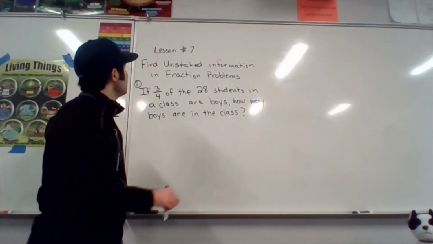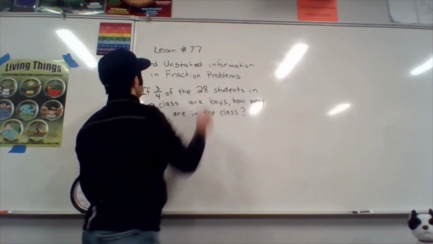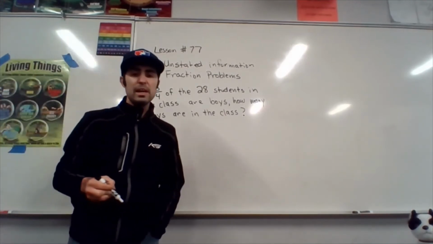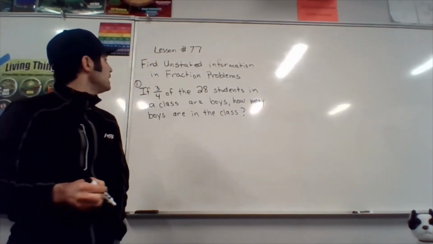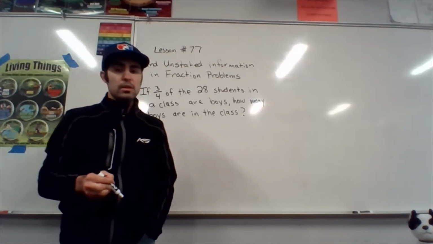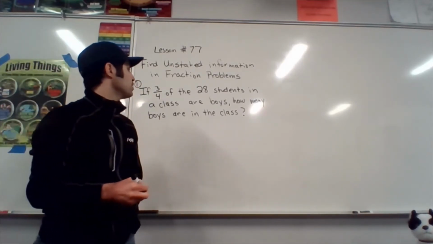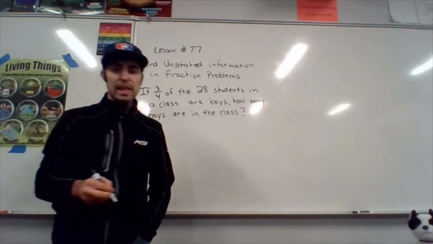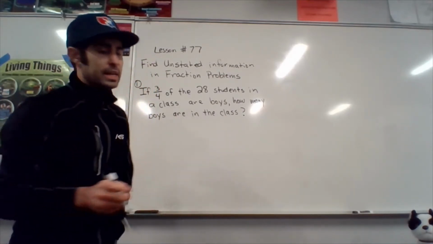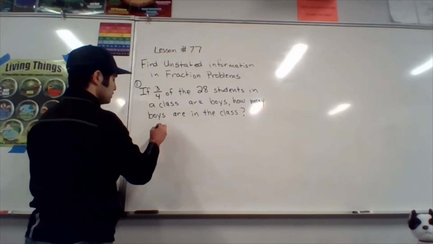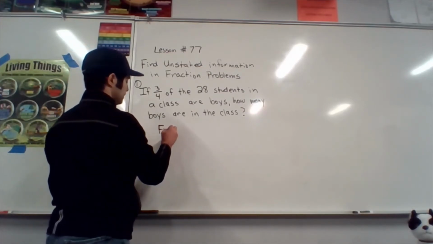All right, so lesson 77 is we're going to find unstated information in fraction problems. So, problem number 1. If 3/4 of the 28 students in a class are boys, how many boys are in the class? First thing you need to understand is the difference between a fraction